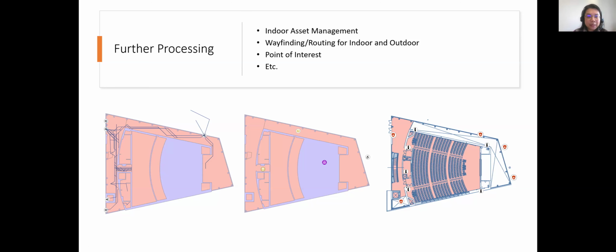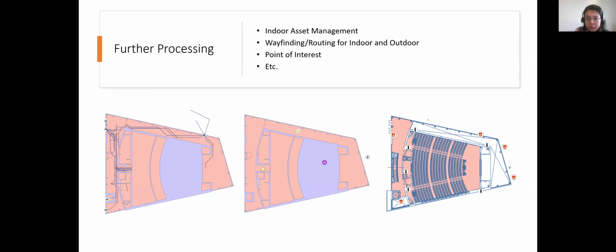And the graph on the right is a layout of the floor plan, including the asset locations. By having the floor plan in ArcGIS Pro and adding those asset locations, those assets are no longer just a thing placed on the ground or on the floor. Now it has a location. Whenever a user or any staff wants to know where an asset is and where they should go to visit, they can look at the floor plan and know the direction quickly. So now those interactions are in ArcGIS Pro,